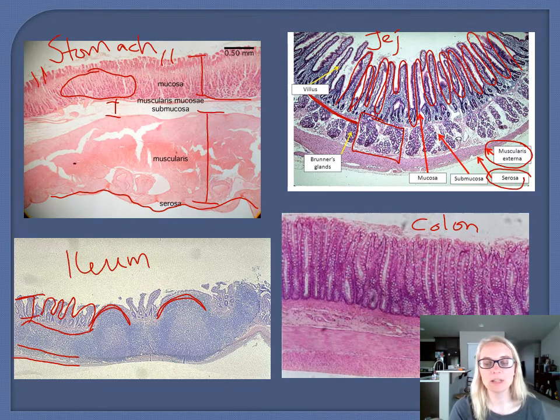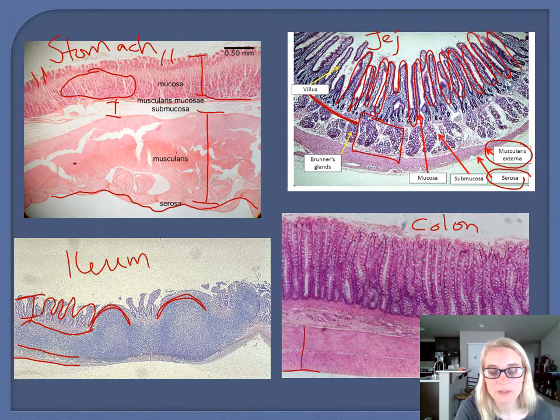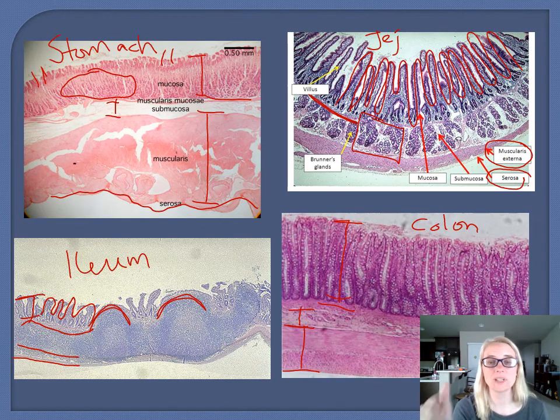All right, and then the last one I wanted to show you, this is the colon. So this is a large intestine. And again, each one of these looks wildly different from the other ones, but the point that I'm trying to get to you is we have a serosa, we have a muscularis externa, we have a submucosa, we have a muscularis mucosa, and we have a mucosa. So all 4 layers can be identified in each one of these slides, but they look very different because they're